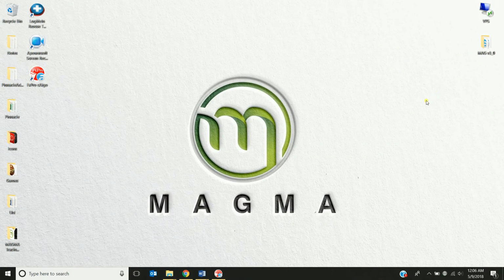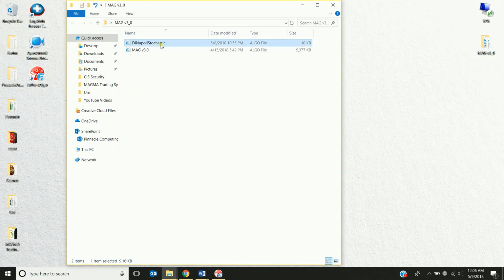So in order to install the custom DiNapoli stochastic indicator, once you have received it from us and downloaded it onto your VPS, then you just browse to the location it's saved. In my case it's in this mag v3 folder, and you can see the DiNapoli stochastic algo file in this list here. It's simply a case of double clicking on it as you would a new version of our mag software. So if you double click on that,